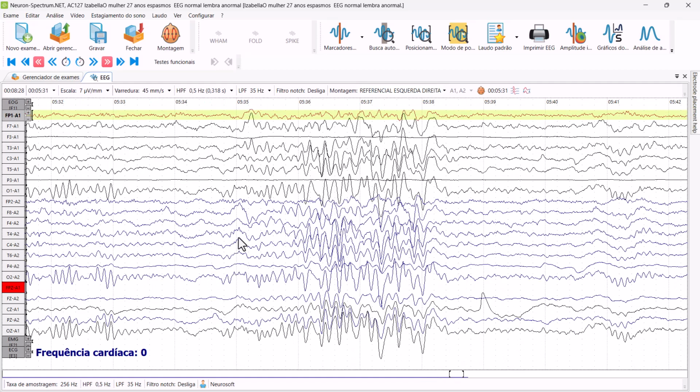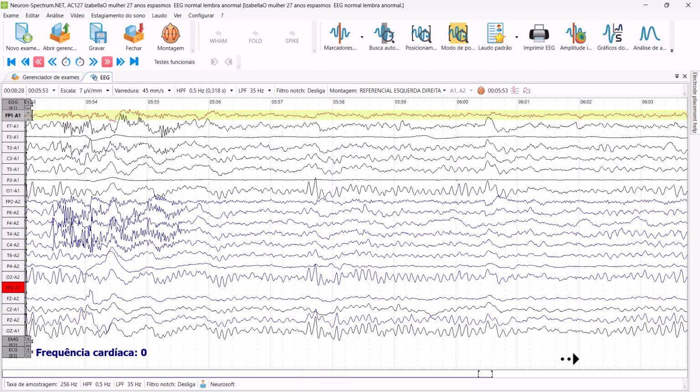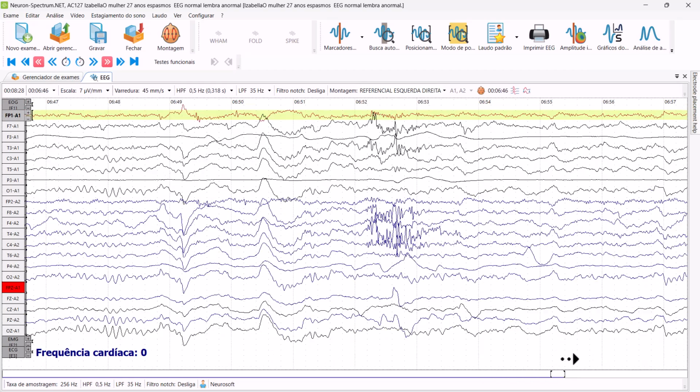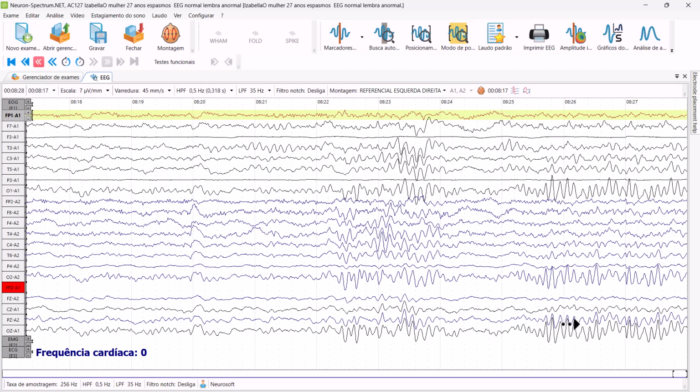Let's put it this way. So even with these artifacts here, I decided to show you that exam, that record, because we have this period of transition from sleep to wakefulness that resembles a pathological event. You have this mixed activity, let's say fast and slow activity, which leads us to believe that it's a pathological event,